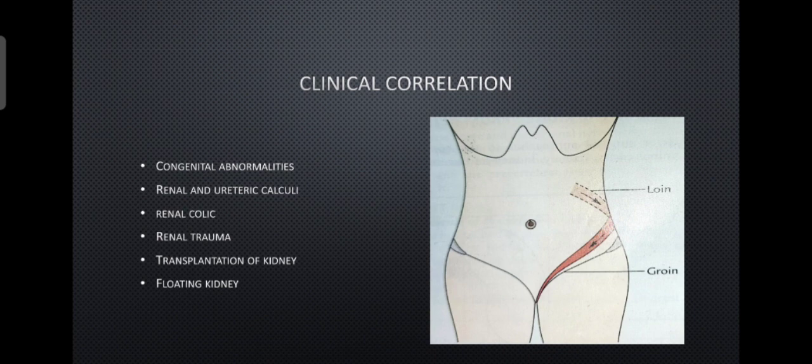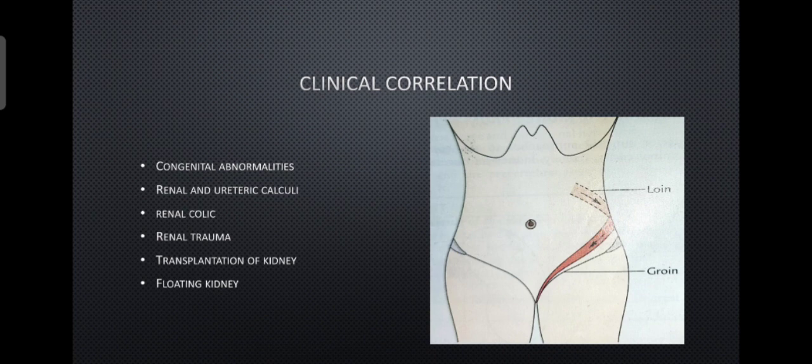Also, we have an important sign called Murphy's punch sign. Okay, it is a test usually done to predict any renal abscess or renal stone. Renal abscess is the collection of pus in the renal cavity, that is surrounding the kidney. Okay, here the pain is felt by tapping the renal angle during inspiration. Okay, then when the patient feels a pain during inspiration on tapping the renal angle, there will be positive Murphy's sign, which indicates that there is a defect such as perinephric abscess or renal stones.